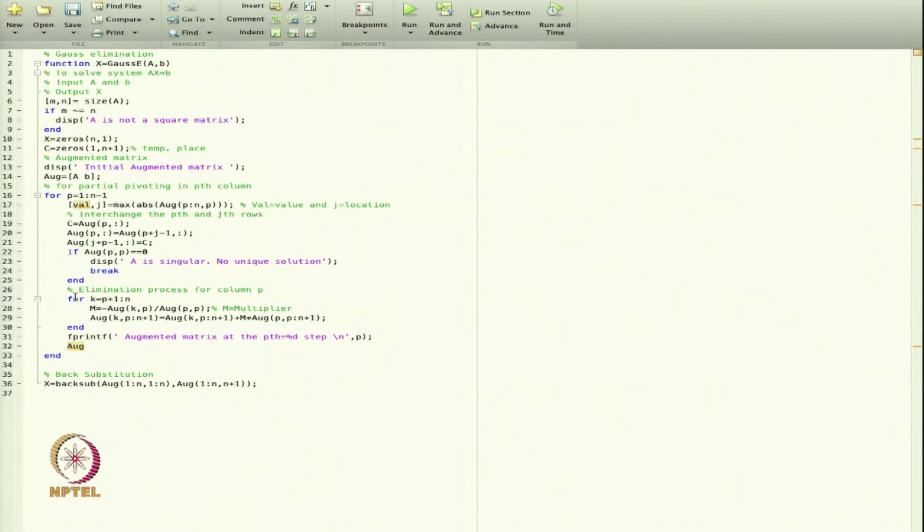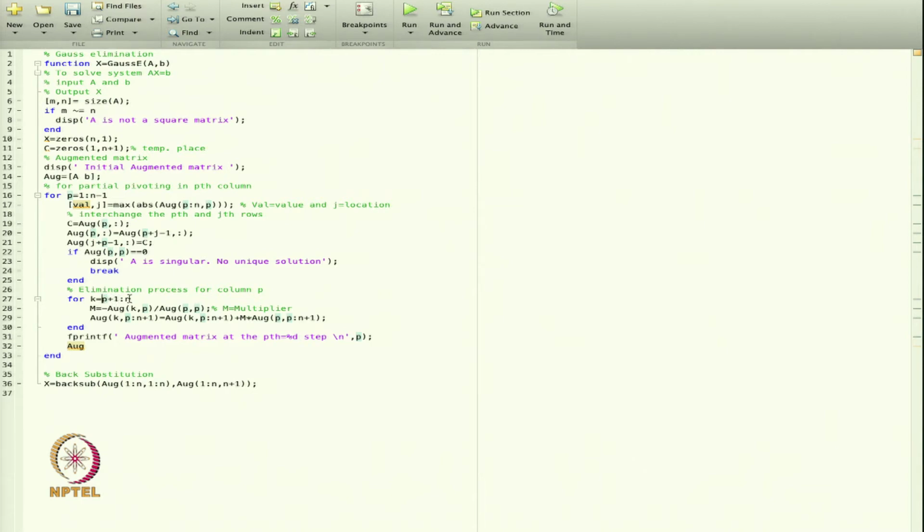After that I want to do the elimination process. In the elimination process I have to find the multiplier, so I again start with a for loop, with k from p plus 1 to n, because if p is 1, I have to start the elimination from the second row, third and onward.